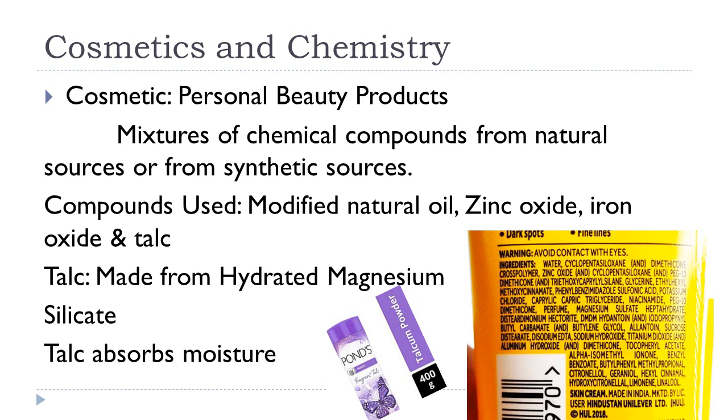We are well known about talcum powder. We hear every day we are using the talcum powder, so we are very familiar with the word talcum powder. So let's see what is talc. Talcum powder is made from talc. Talc is the softest mineral. It is made up of hydrated magnesium silicate. So what are the compounds present in the hydrated magnesium silicate? Magnesium, silicon and oxygen. These are all the chemicals. And if you are taking the natural form of talc, it contains asbestos.